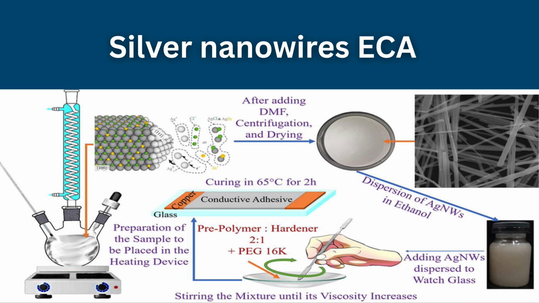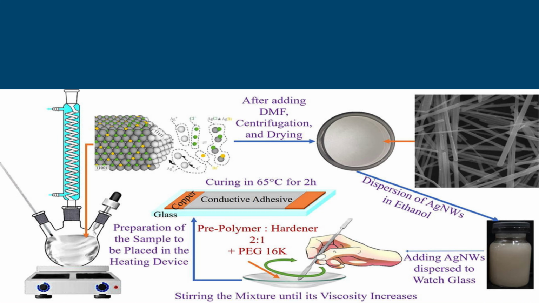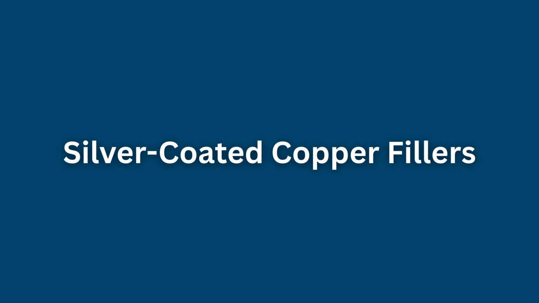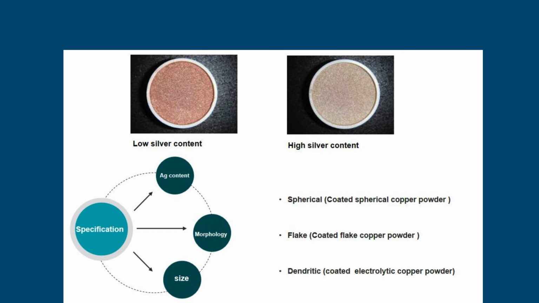ECAs containing 56 wt% silver nanowires may exhibit bulk resistivity values around 1.2 times 10 to the power of minus 4 ohm-cm while maintaining improved mechanical strength. Adhesives containing nanowires also demonstrate higher shear strength compared with nanoparticle-filled systems. Silver-coated copper fillers. Copper nanoparticles are attractive because they are significantly cheaper than silver and possess low electrical resistivity and good electromigration resistance. However, copper easily oxidizes in the presence of oxygen and moisture, forming insulating oxides that degrade electrical